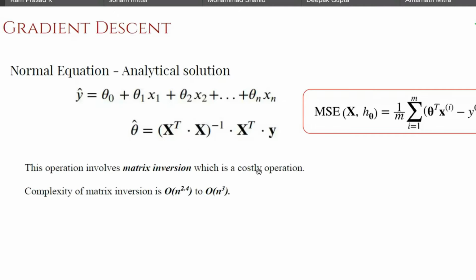The computational complexity for matrix inversion and matrix multiplication is exactly the same. A highly optimized matrix inversion can be achieved in big O of n power 2.4, but the trivial implementation will be big O of n cube. So it's more than quadratic runtime. Anything quadratic with a large input size is horrible. And if we think about more than quadratic, something close to cube, then if the x is large, this operation is not practically feasible.